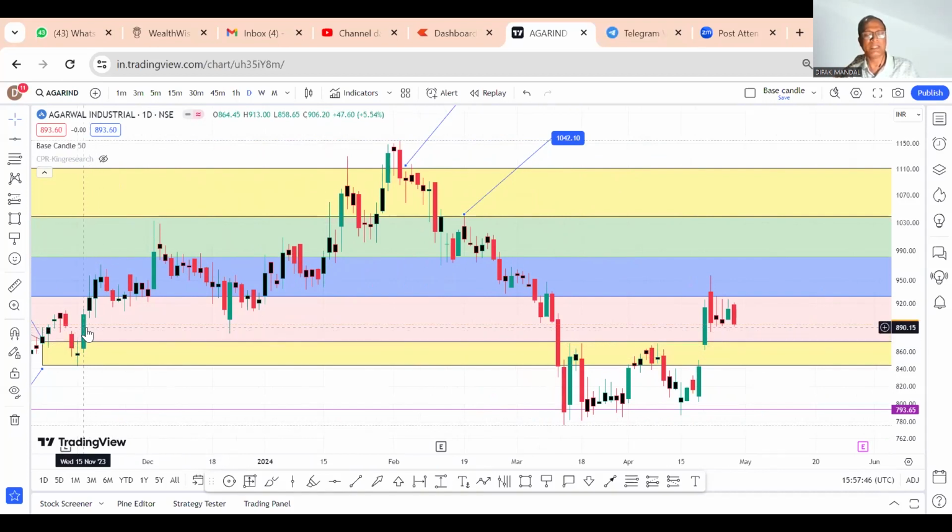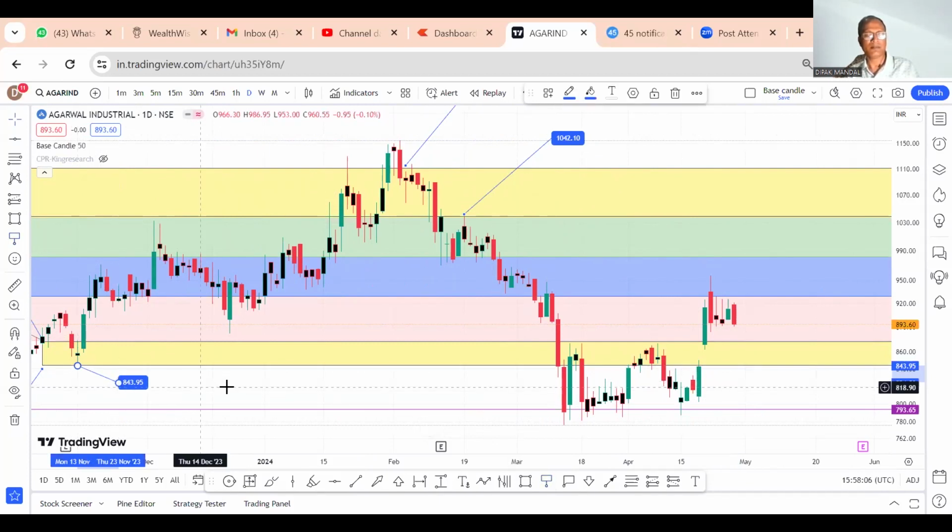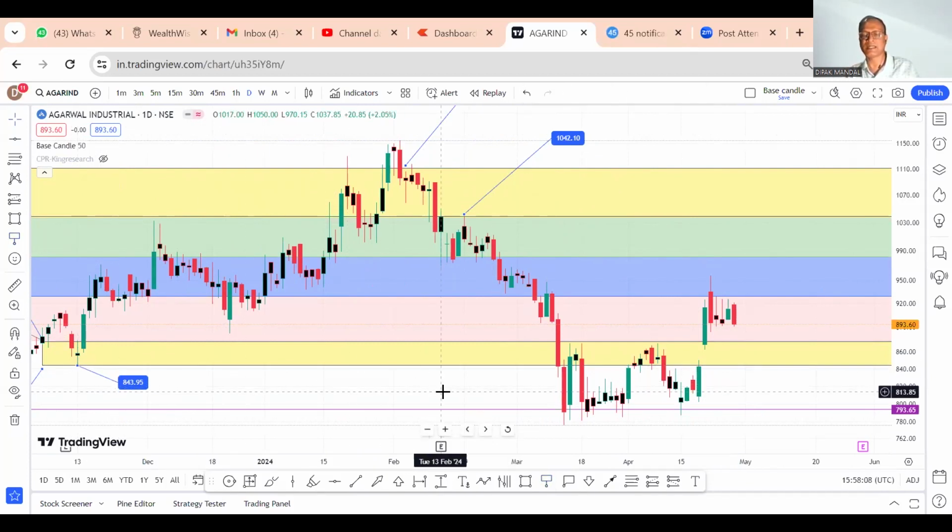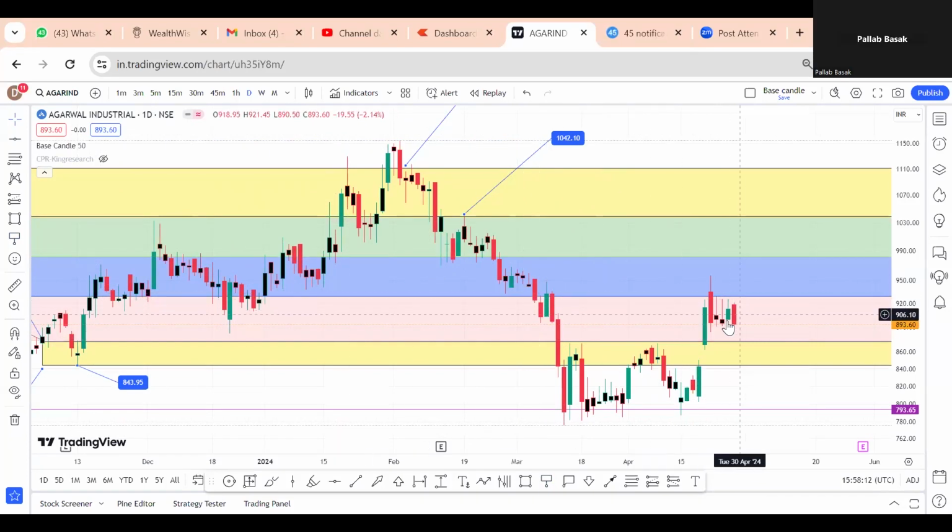ये डेली टाइम फ्रेम में देखो, यहाँ ड्रॉप बेस ह्यूज रैली, वो वीकली में भी वही था, डेली में भी वही है। इसके बाद यहाँ ह्यूज ग्रीन कैंडल दिया है, यहाँ गैप भी है। एक्सपेक्टेड है इसका 850 के नीचे नहीं जाना चाहिए। तो आप थोड़ी बाय कर सकते हो।